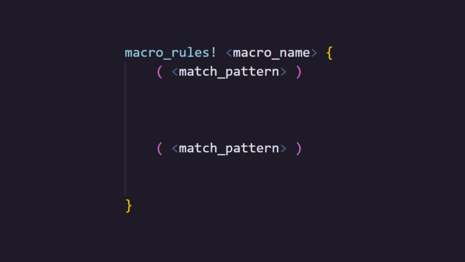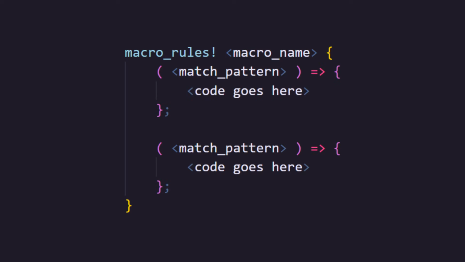Macro rules is itself a macro, providing its own domain-specific language that allows you to create more macros. This gets very powerful and, honestly, a bit weird. Let's take it slow. The general layout of macro rules looks like this. We write macro rules with an exclamation mark followed by the name of the macro that we're creating. We then have a block containing a list of rules. The rule contains a pattern to match on, which itself potentially contains metavariables, which we'll discuss later. Each rule also has a block that describes how code will be generated when the macro is invoked with a